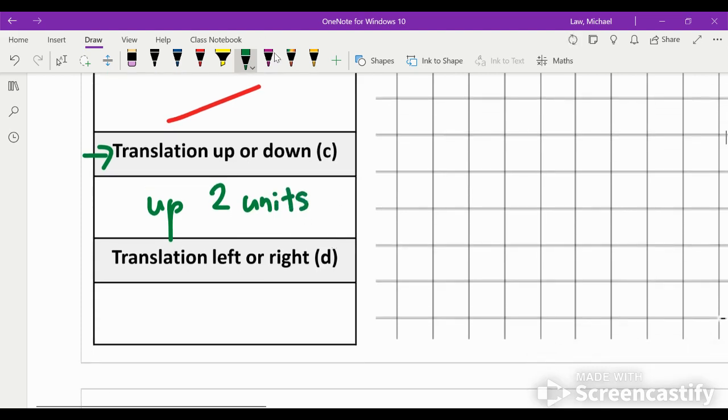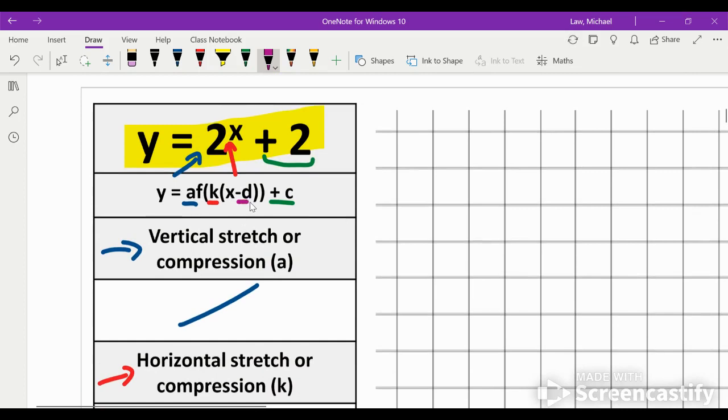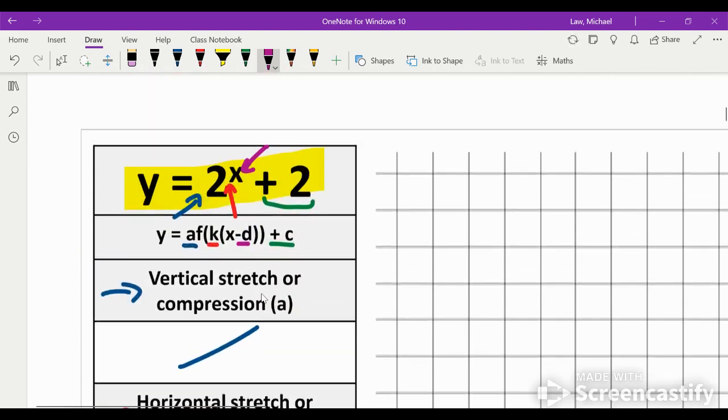And last but not least, we want to see if there's a translation left or right. This corresponds to the d value. The d value is over here, and it is usually positioned directly beside the variable of x. And since there is no d value, that means there is no translation left or right. So we can say that this exponential function has